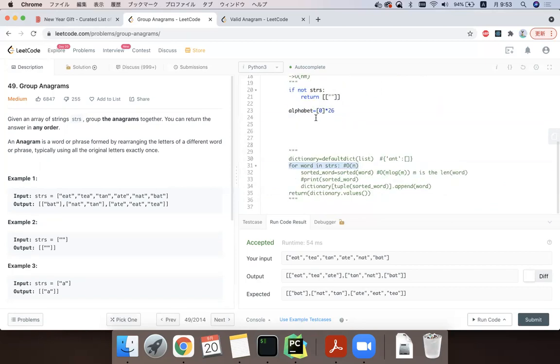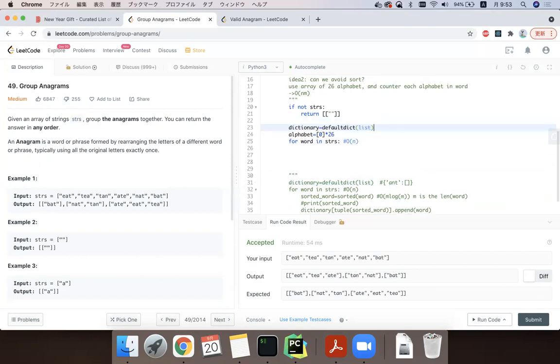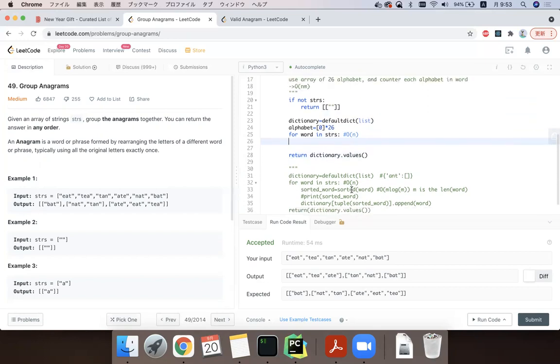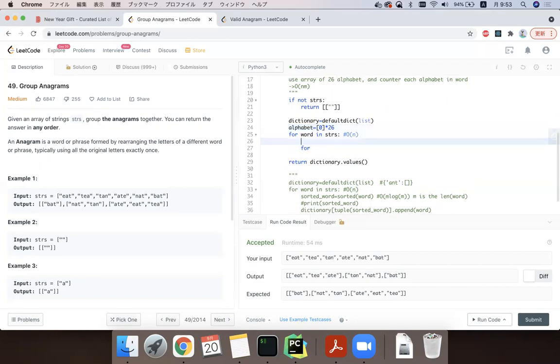Now we're still going to traverse each string. That doesn't change, and then we're still going to use the default dictionary to store, and we're still going to use a dictionary of values as the return statement. So this template doesn't change, but what we're going to change is the inside of this for loop. So instead of sorting, we can count the alphabet. So for chara in word,